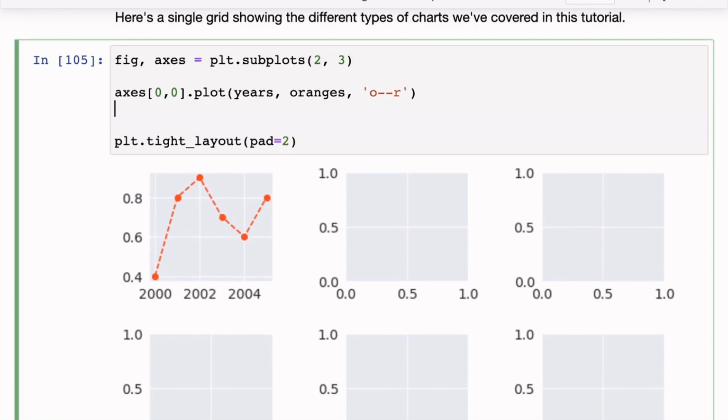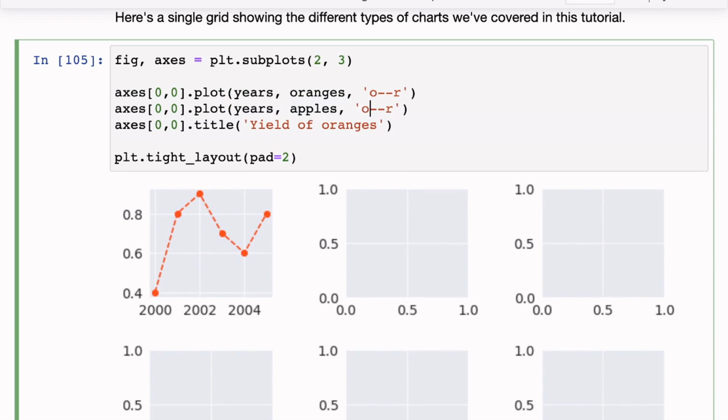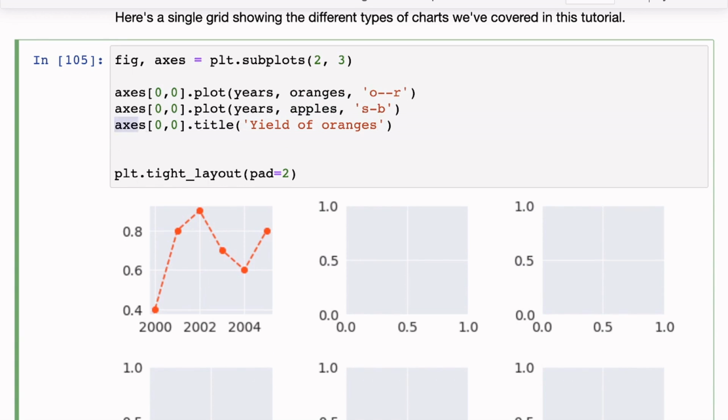Let's go one step further. We can once again take this axes[0, 0] and set a title for it. Let's set the title yield of oranges. Let's also plot apples. For apples, we are going to use a square marker, a blue color and a solid line, and let's set a legend. You can do all of that within that specific plot. So we set the legend to apples and oranges. We use it exactly like plt.plot,